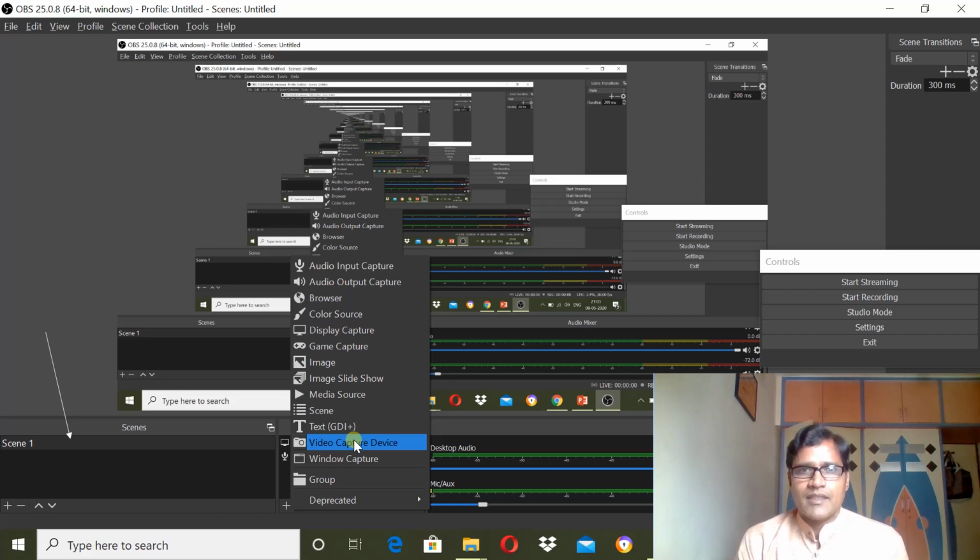Sometimes if you go to the settings of the laptop or the computer, the operating system does not allow apps to record the audio and to record the video. So if you're not able to record the audio or video, just go to settings and allow apps to use the microphone and camera. When you turn it on, only then will you be able to record videos by using any screen recording software.